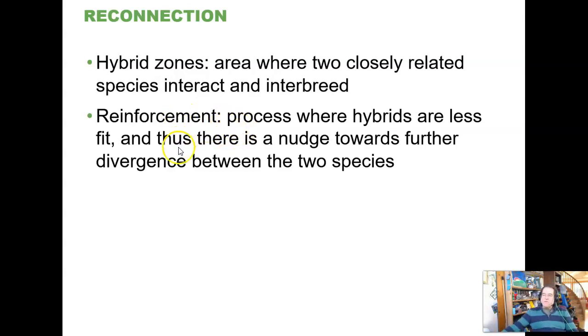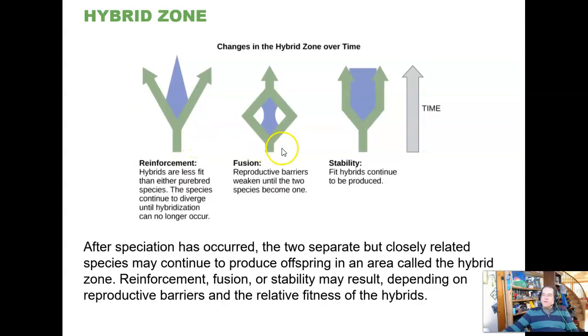That's typical. The more different things are, the more likely this is to occur. For things that are extremely similar to each other, really just two different populations of the same thing that have accumulated no major genetic differences or gametic differences, then the potential for fusion is there, and they might completely fuse together, or we might have this sort of stable situation where the two distinct gene pools sustain themselves, but there's an area where they hybridize.